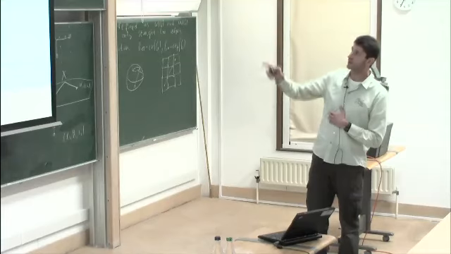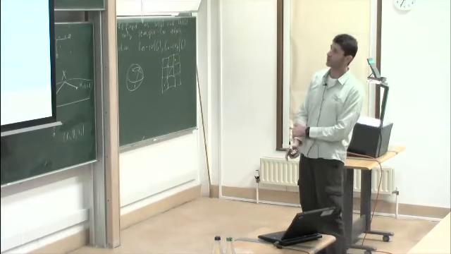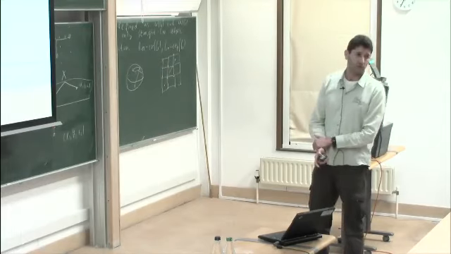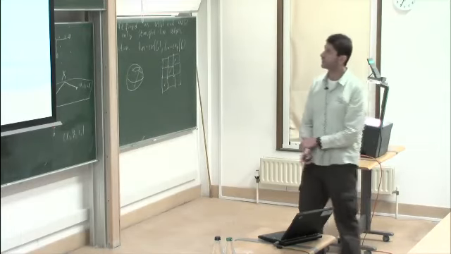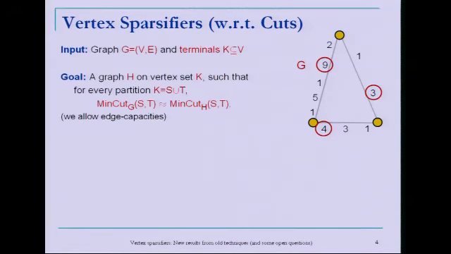So we have the yellow ones are the terminals, and maybe these are the edge costs. Now here I'm going to use edge costs or capacities, and I want the graph just on the yellow vertices. This is of course a very simple example. You can just see which edge is the most expensive one, and that's of course going to determine all the relevant cuts. So here these are the ones in the red circle, and then we can create from this G a new graph, which is just a triangle with this edge cost, the one in the circles, and it's easy to see that any